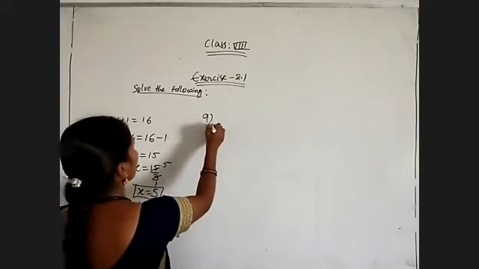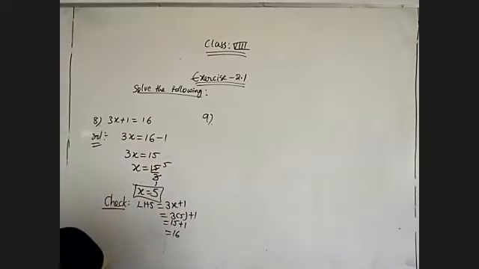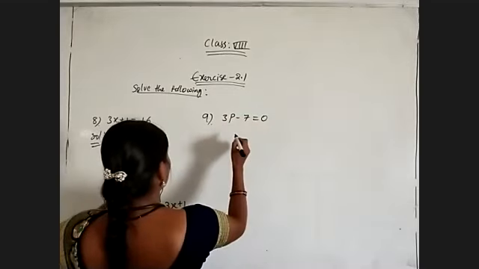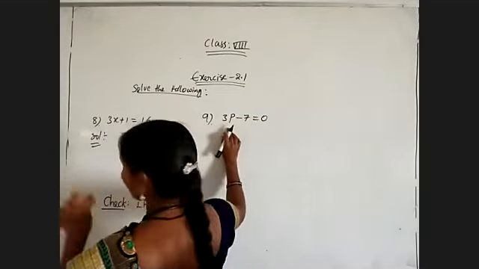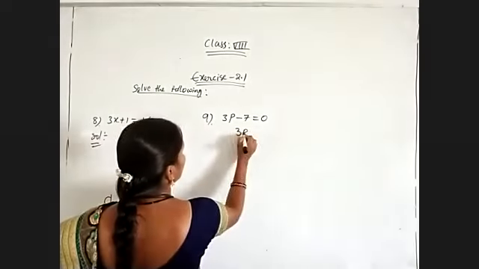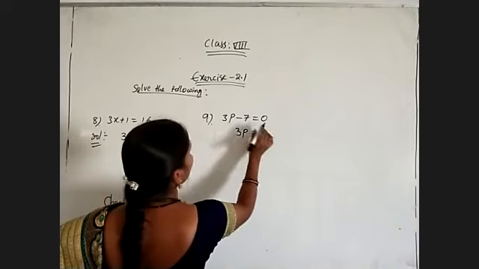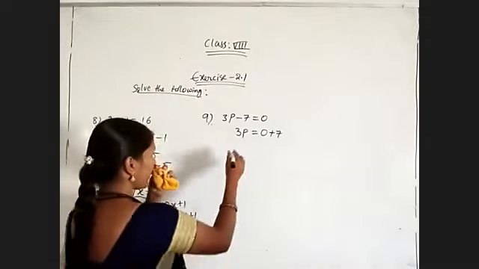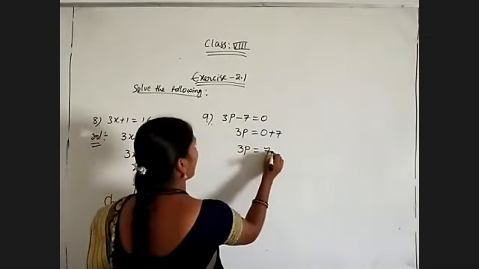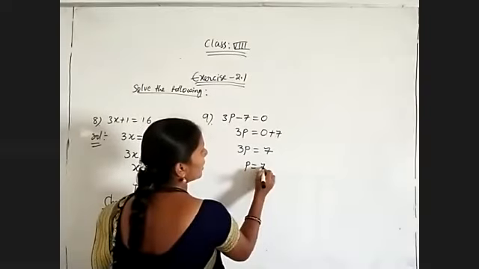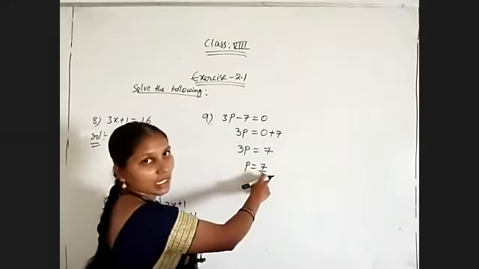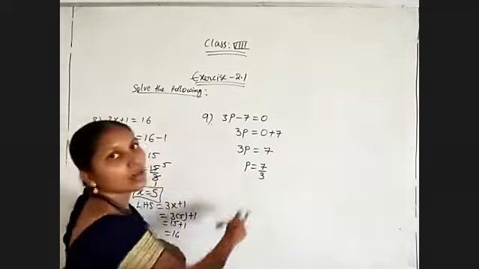Then coming to another example, another question. 3p minus 7 is equal to 0. Here we need to find the p value. So keep the p term here only, that is 3p is equal to 0 minus 7, by bringing this side plus 7. 0 plus 7 is nothing but 7 itself. So 3p is equal to 7, and p will be equal to 7 by 3, bringing this side divided by 3, because here it is into 3 while we are bringing this side by 3. So p is equal to 7 by 3.